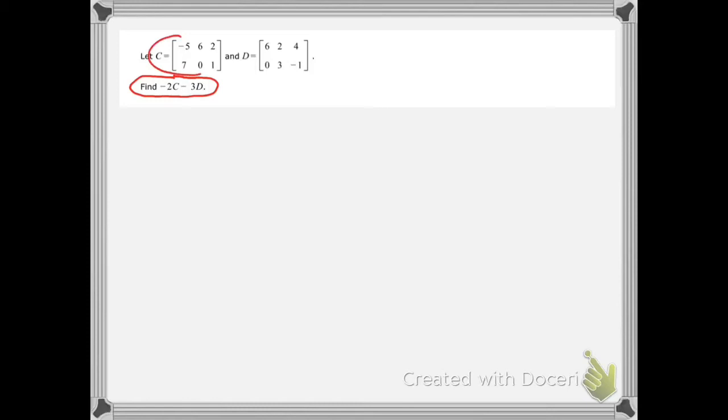Well, this is identified as c, and this is identified as d. So we can really just think about that as doing the substitution of c and d. That would look like this: negative 2, and then substituting for this c, the c that is given above would look like this. And then substituting for this d here with the d that's given above, we're going to have minus 3, and then we're going to take the d from above,